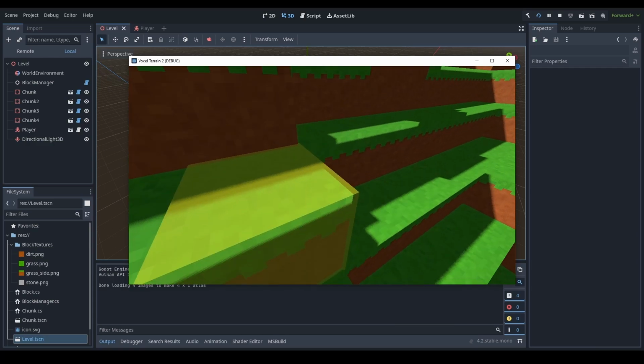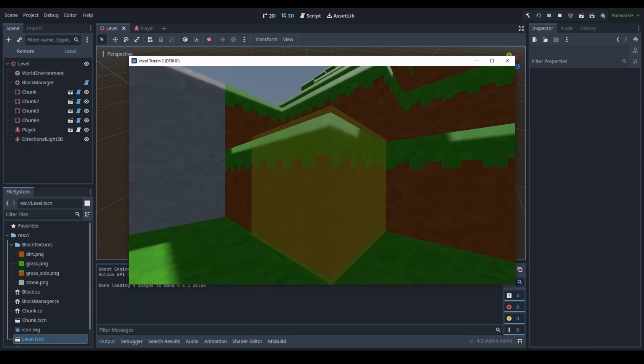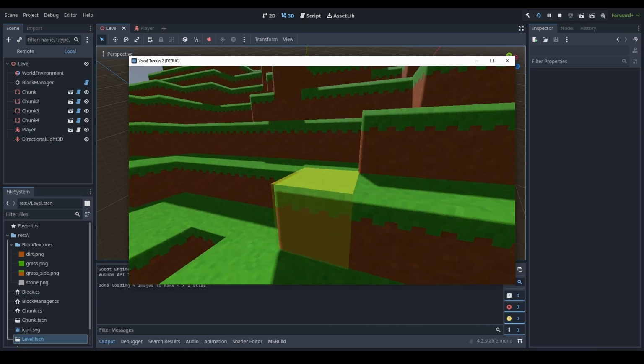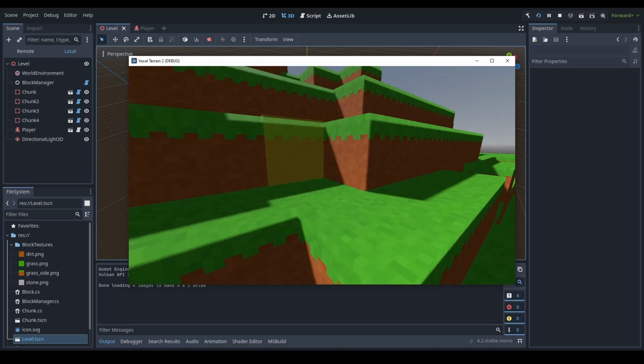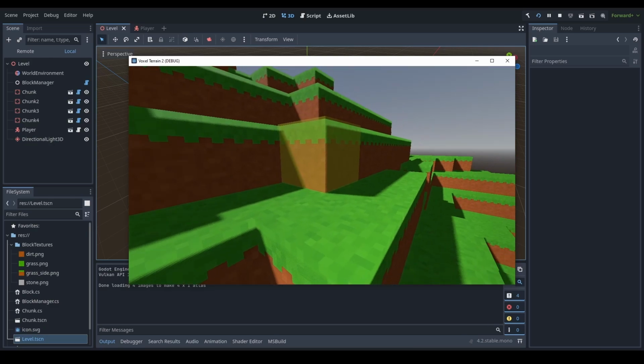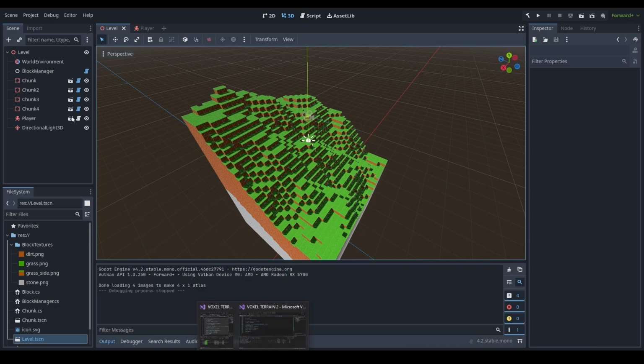We place a block. Now looking at these blocks, now that we've added the directional light and all that, you can see the lighting on them is looking a bit strange. That's because the normals aren't set up properly for the mesh. So we're going to exit out of here and make a quick